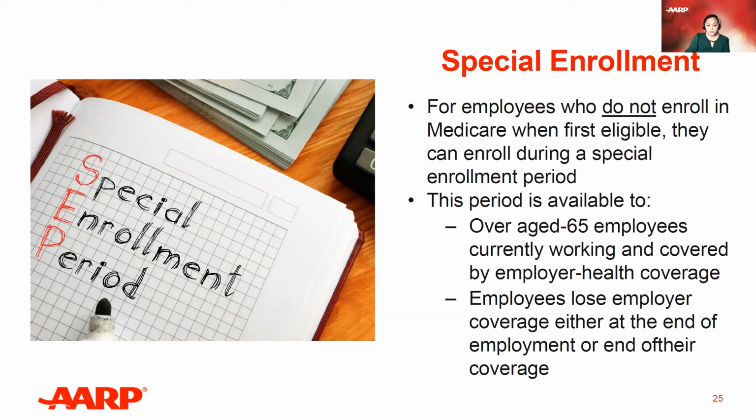Employees who missed initial enrollment for no exempt reason can enroll. That's yet a different enrollment period for you. That would be called the general enrollment period. That's the start of each calendar year. Employees will most likely incur a penalty, though, when they enroll during the general enrollment period.